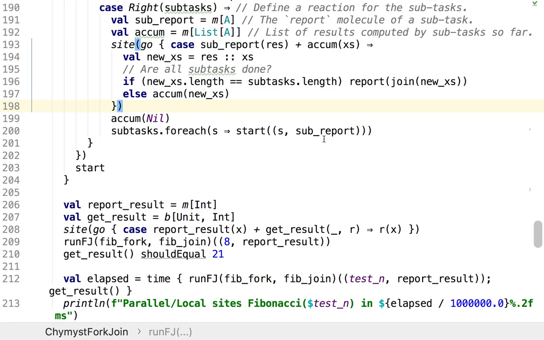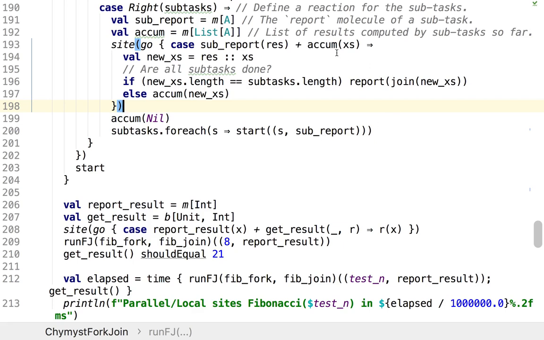I'd like to avoid going too far into that direction, because then Java also has a fork join implementation of some kind, which is complicated to use. And the whole point of this exercise is to show how fork join is implemented in the chemical machine. So we don't want to use Java's concurrency libraries, but we do need to use some kind of synchronization mechanism here,